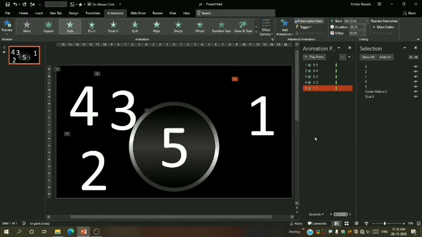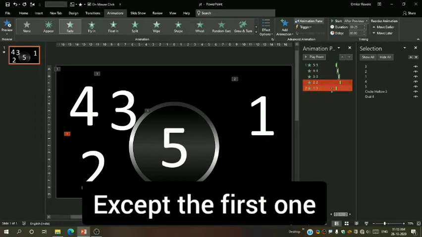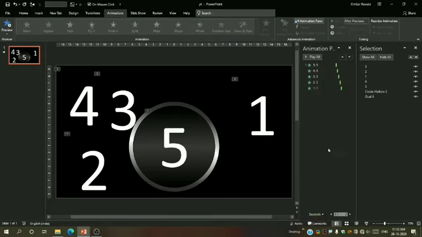Now I animated all of them with the same fade animation, duration 0.25 seconds. Now simply click on the second one, right click on it and say start after previous. Repeat the same for everyone except the first one. Okay, now this is completed.